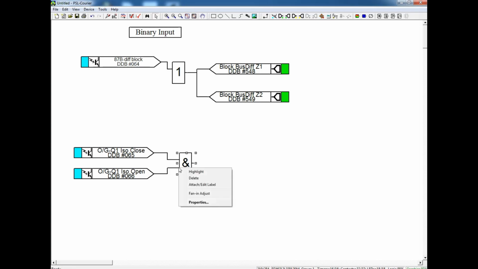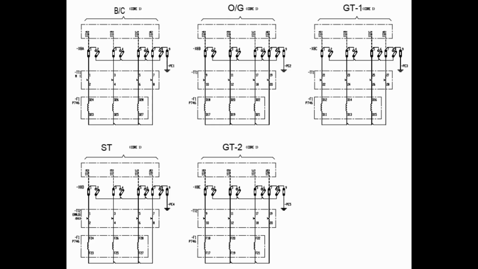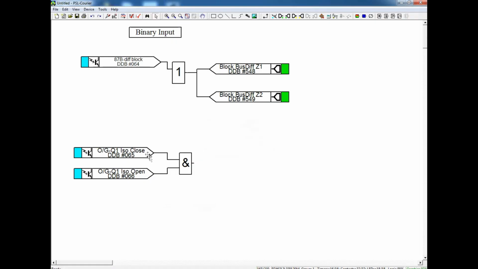So that I have mentioned previously, we have to see this CT connection carefully, to which core it was connecting. Correspondingly the isolator will understand. Here, because it is a centralized unit, we do not have any topology. Only this configuration will understand which isolator is closed, which isolator is open. I am going to configure this to our output signal, that is outgoing isolator close status.